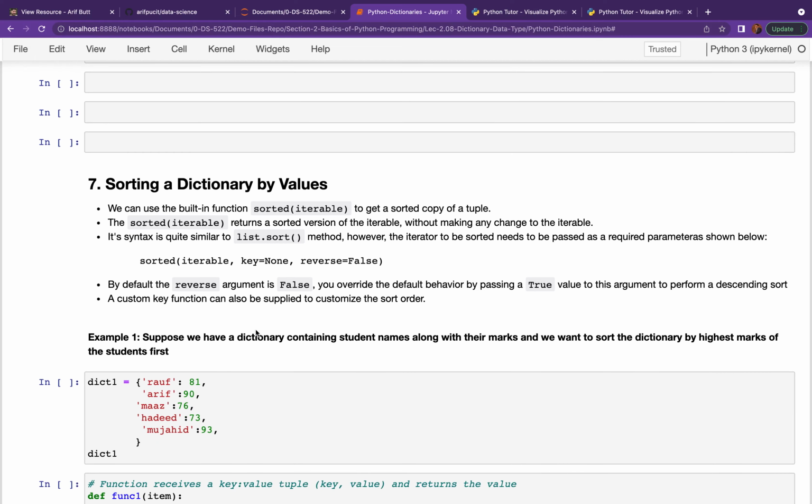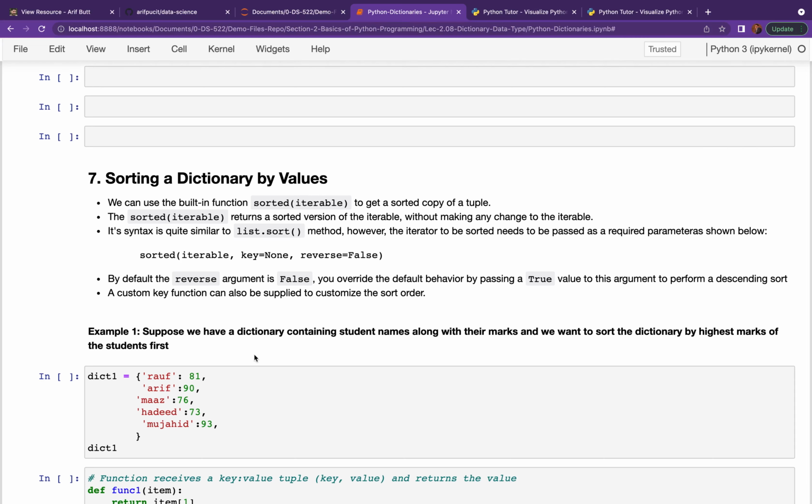Well, sorting a dictionary by values. So this is the topic which we have seen in the list as well, and in the tuples as well. And for the list, I think we have used the sort method, and for the tuple, we have used the sorted method, which is shown again over here. But anyway, let me repeat this. This sorted method is passed one required argument, that is the iterable which you want to sort. And it has the argument key. This is the function that is used for custom sorting. And the reverse flag is set to false by default. And if you set it to true, descending sort will be carried out.